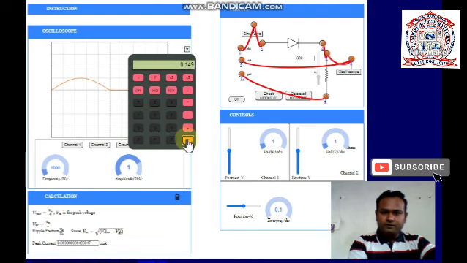So we get 0.149, and now we take the square root of it. So this is my Vac, 0.386. Now to calculate the ripple factor, we have to take the ratio of Vac upon Vdc. Vac, that is 0.386, divided by Vdc, that is 0.318. So here we can see the value of the ripple factor in our case is equal to 1.21.